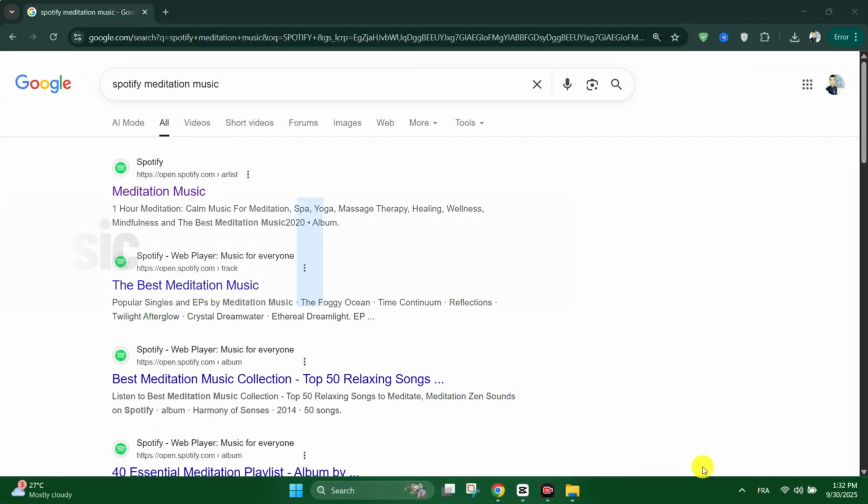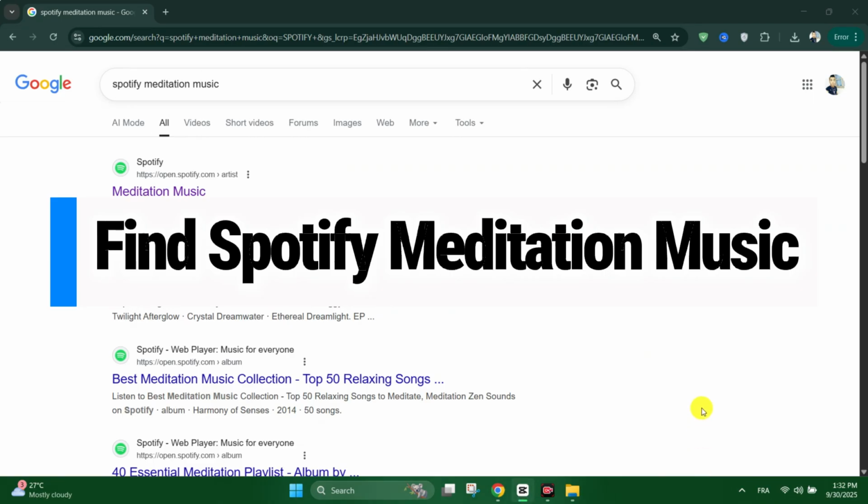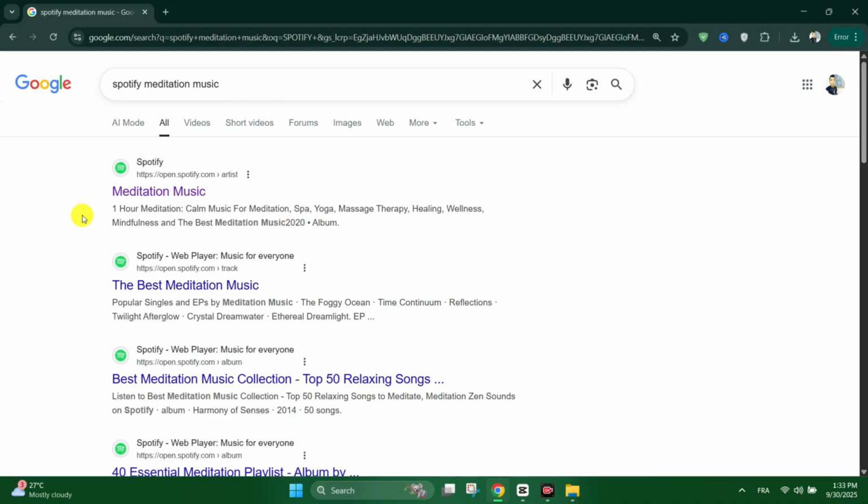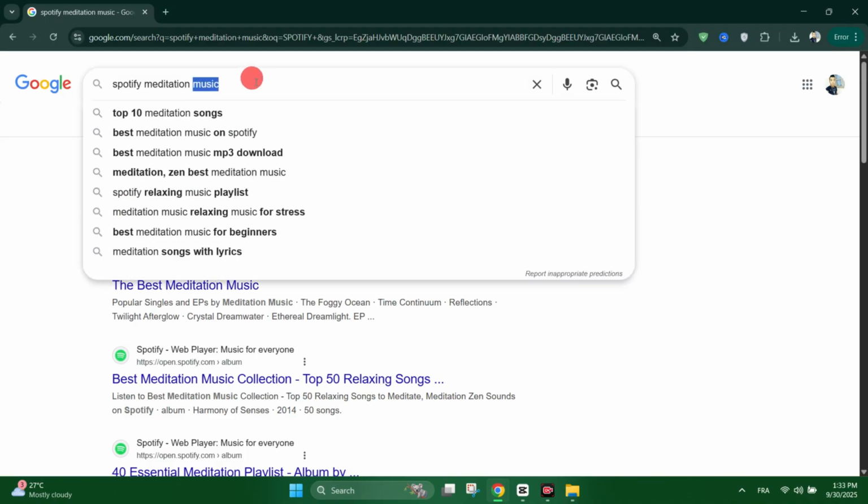Today we're going to see how to find Spotify meditation music. Firstly, simply go to Google and search for meditation music on Spotify. Click on the first direct link that appears in the search and this will take you straight to Spotify's meditation